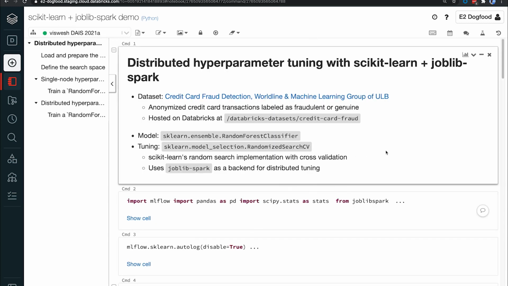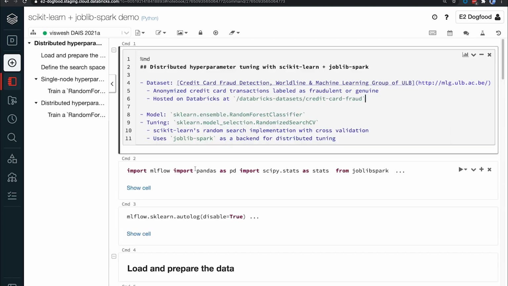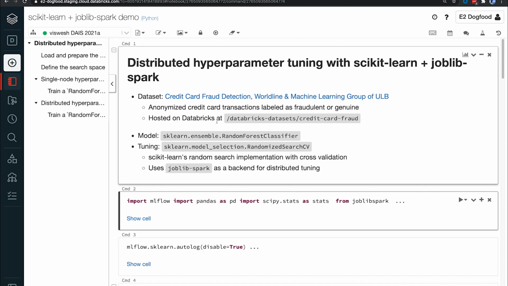Now I want to take the same problem and the same dataset, but show you how we can boost your performance if you're in the scikit-learn ecosystem using joblib-spark. Joblib-spark is a Spark-powered backend that our team built as an extension to joblib, which is used to parallelize work in scikit-learn. For this example, let's take a look at the randomized search CV API, which is scikit-learn's random search